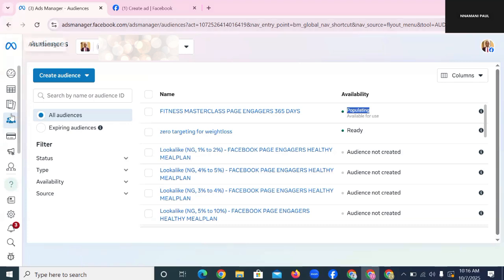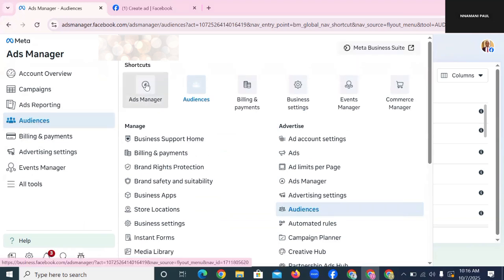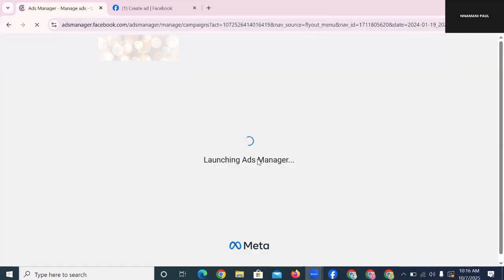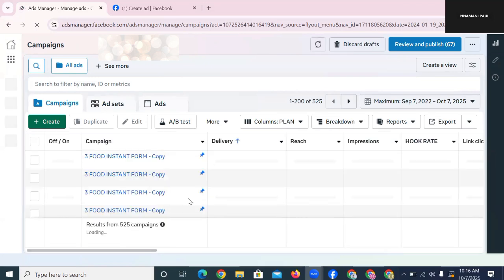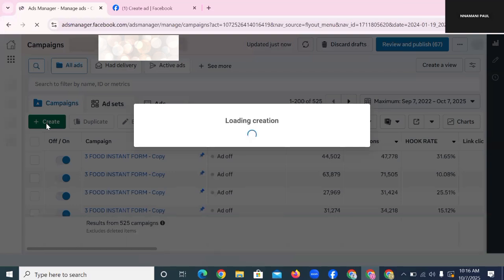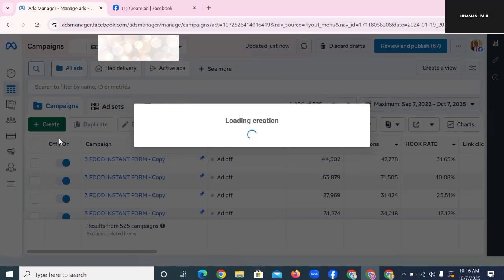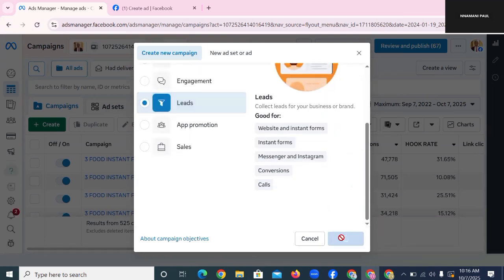But now I'm going to just create this advert and show you, because this is just an example Facebook advert. So what we need to do is go back to Ad Manager. Click on Ad Manager, and after it loads, we'll be able to start creating our ad. Creating a lookalike or a retargeting advert is not the same thing as creating another type of advert, so you want to pay attention to this video. So we're going to create this advert right away. I'm going to click create, and for the purpose of this ad, I am going to choose lead objective. I'm going to click continue,